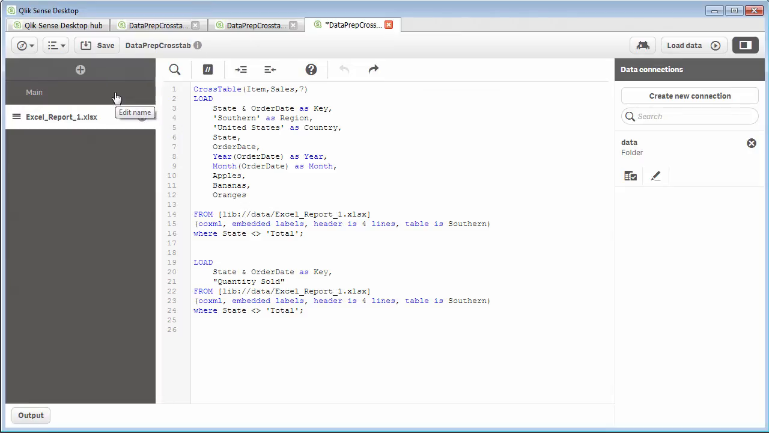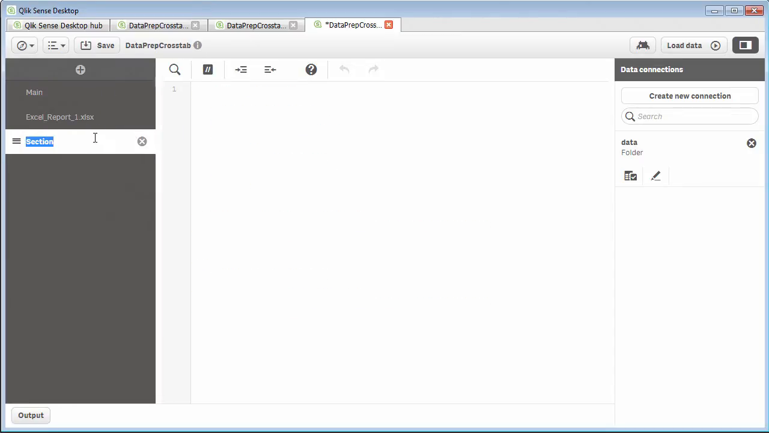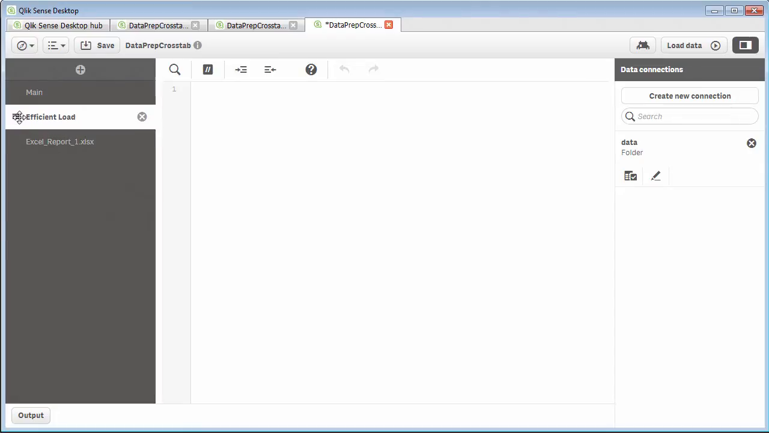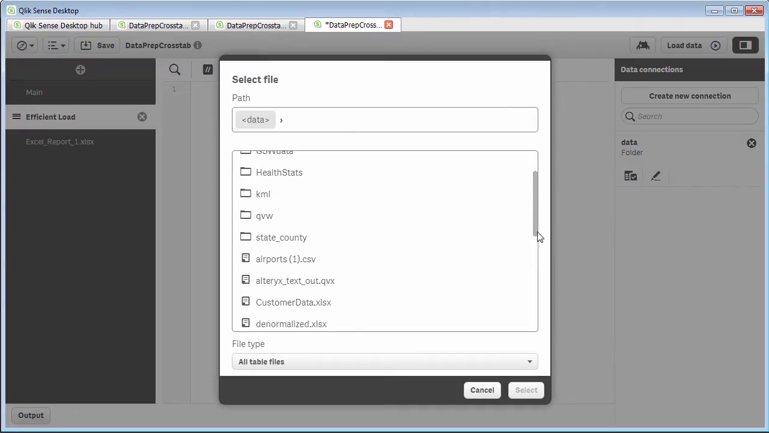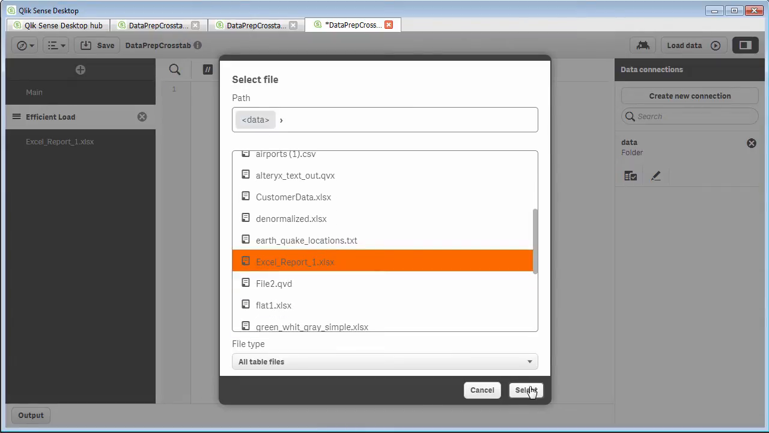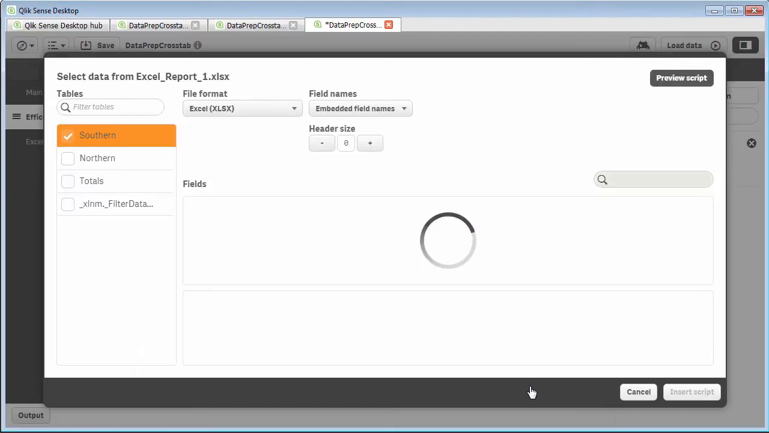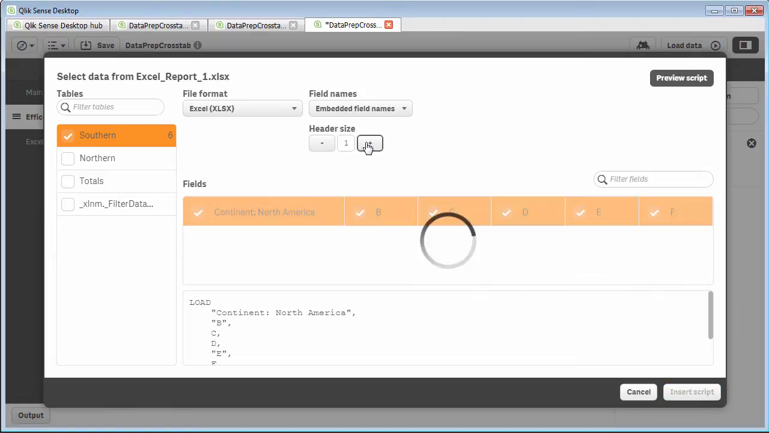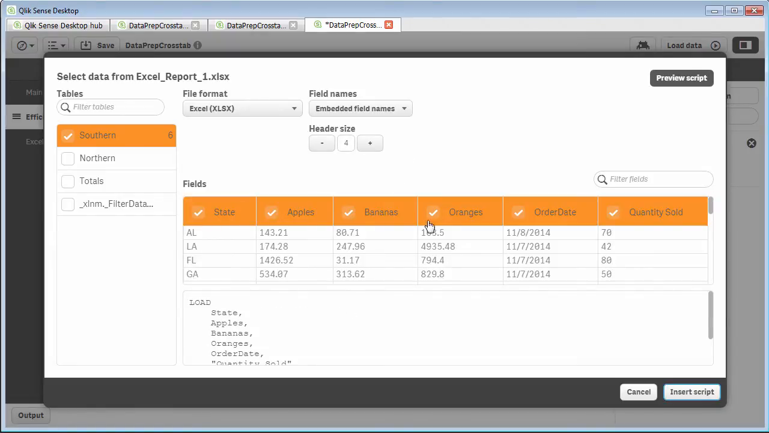So to do that, we'll start with a clean slate, and I'll just create a new script tab, and we'll call this one Efficient Load, and we're going to move it above Excel Report. And then we'll use the Data Wizard to select our Excel report, just like we did in the first two videos. Skip the header size to 4, and this time we're going to select all of the columns